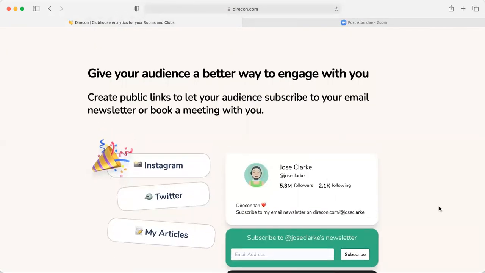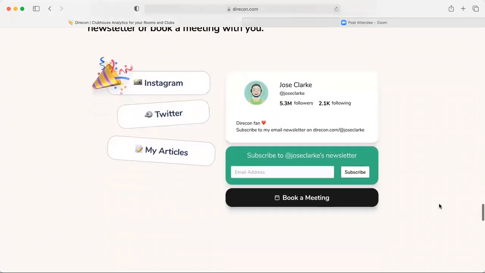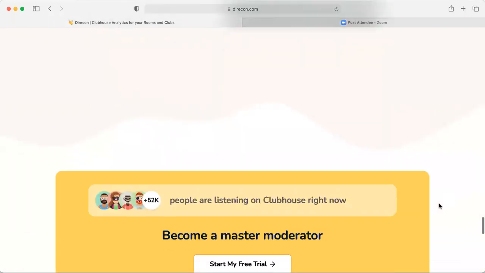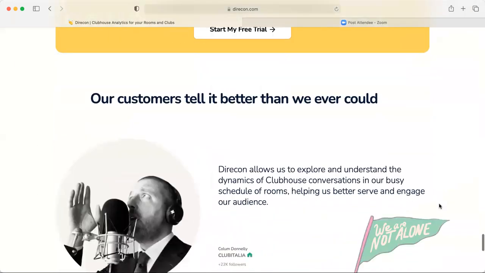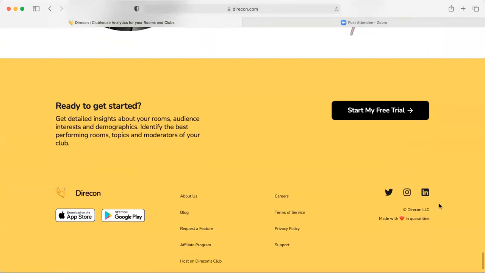And this particular analytic tool, Direcon, it's great. It also has what is called a public link. This link lets your audience subscribe to your email newsletter. They can book a meeting with you. If you have a freebie, they can download it. I mean, the sky's the limit. So once again, this is a really great platform. I love it. I have a free